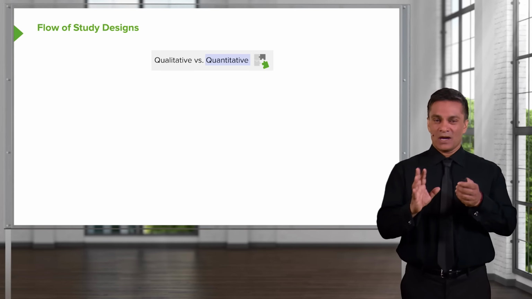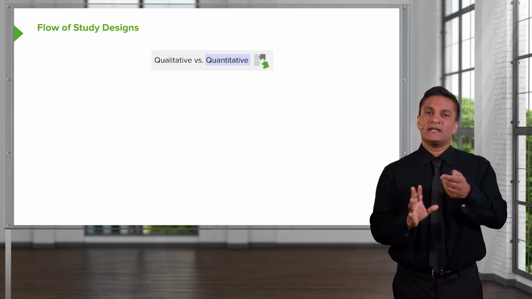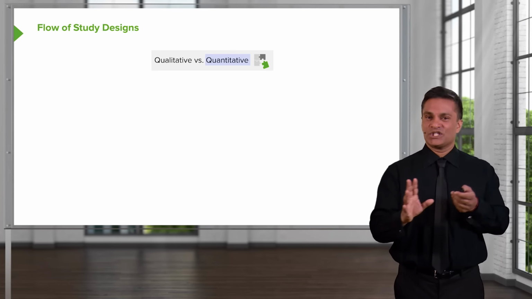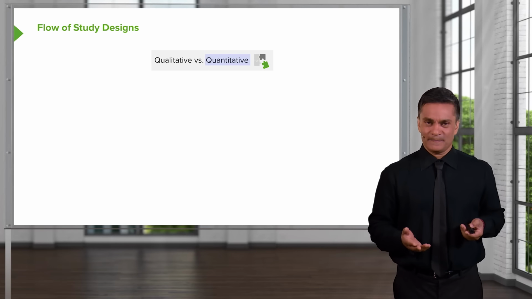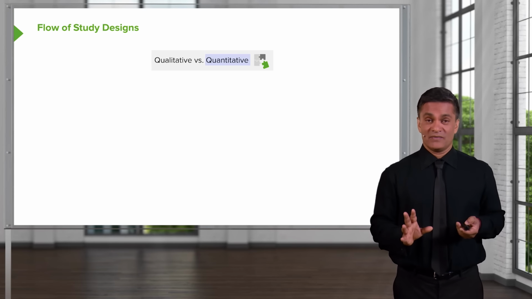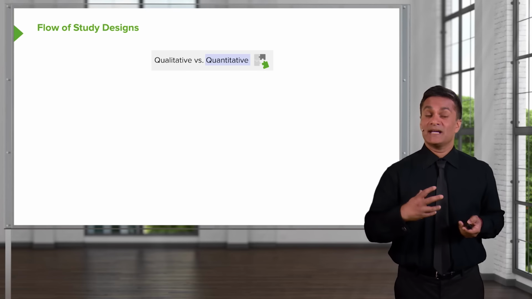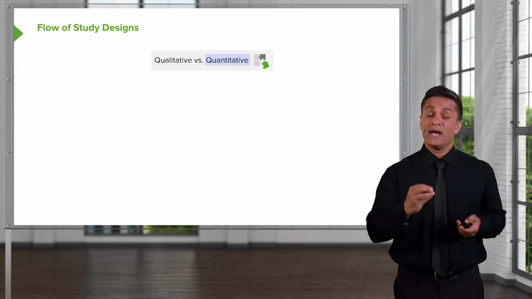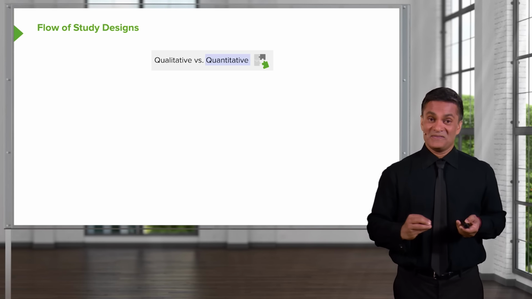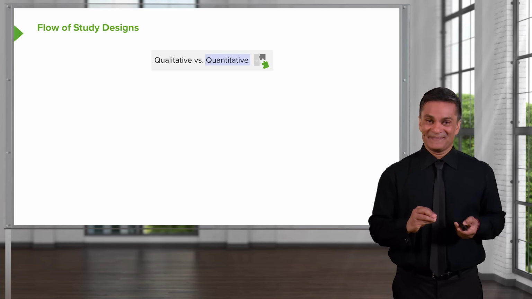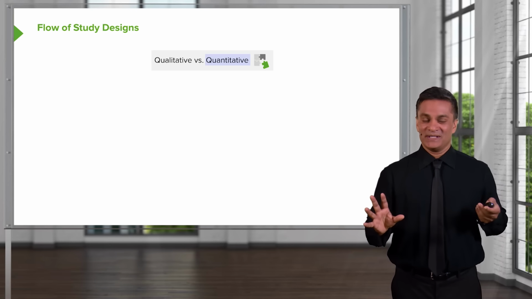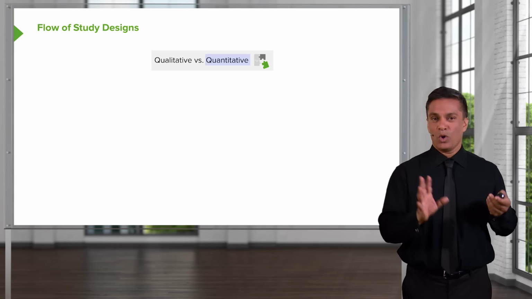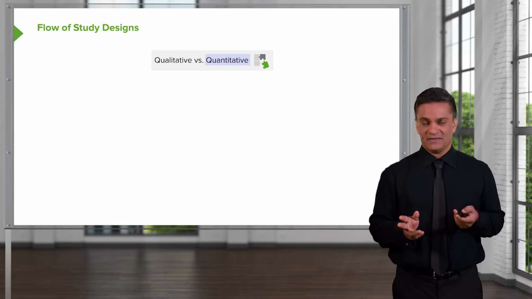Now, I want to talk a little bit about the way that study designs are taxonomized, how we categorize them, because a large part of epidemiology is in designing studies to acquire the evidence that fits within our research paradigm. So the first large delineation I want to draw attention to is qualitative versus quantitative studies.